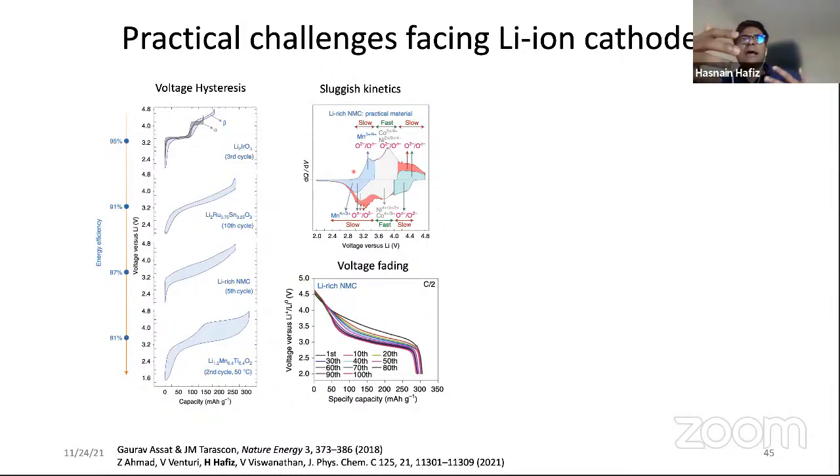So you have to maintain a certain diffusion rate of the lithium through this electrolyte. Using these kinds of materials, you can have very sluggish kinetics. So the change will be very slow, and that can also produce capacity fading or voltage fading issues. On the other hand, if you have a very high rate of diffusion, that is also a problem,